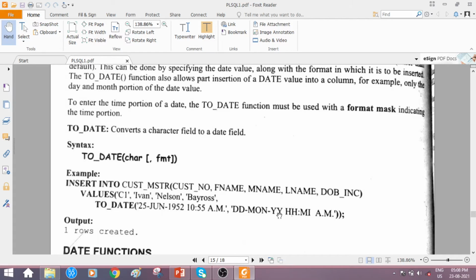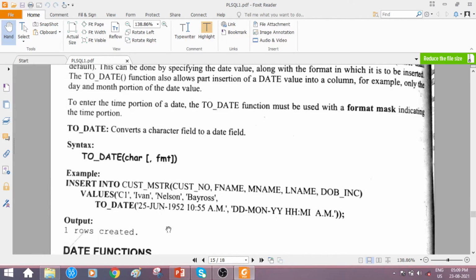So you are providing the format. In this same format, the date value has to be stored in the column dob underscore inc, which is present in which table? Customer master. If all these values are fine, close the parenthesis. This is the parenthesis of which one? The ToDate function. And finally one more parenthesis, closing the one we opened at the start of insert into customer master.